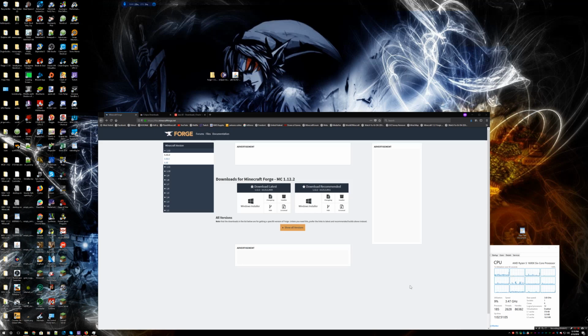Classic gamer here. Today we're gonna be modding Minecraft version 1.12.2. First thing you want to do is go to minecraftforge.net,